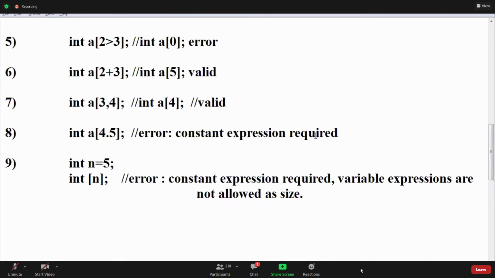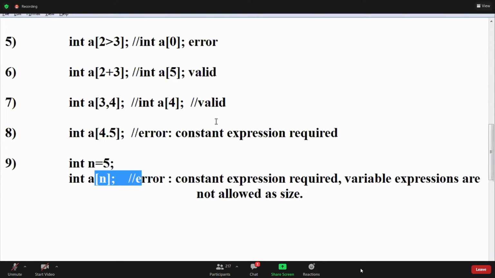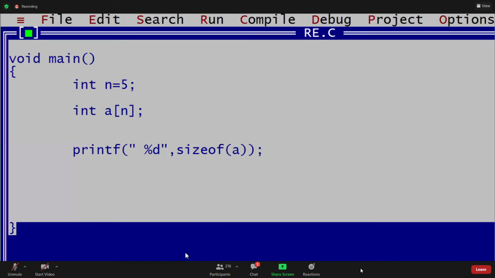Yeah, Pragit, I did not understand. So you have used the variable a, sir, instead of n. Not like this. This one, a of n. This is not valid. Variable expressions are not allowed as a size.